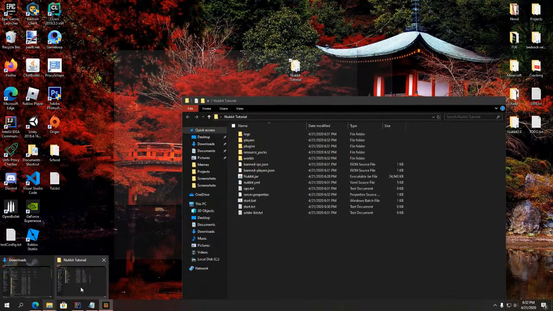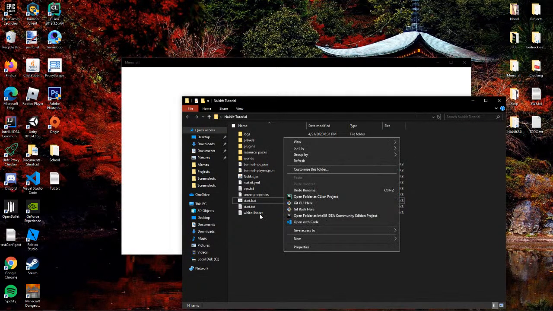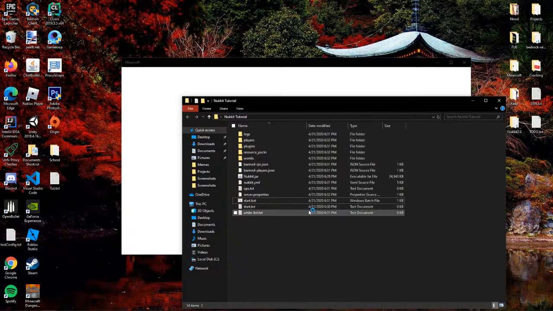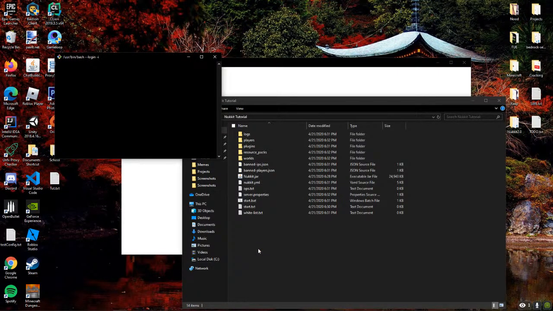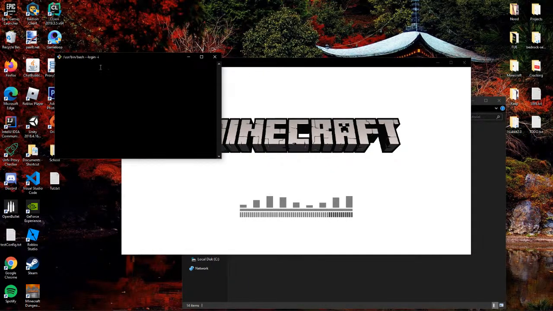But there's another way that I like to use more because I'm lazy than creating this start.bat. I just open up Git Bash right here in our directory. It takes kind of a second to load on my computer sometimes. Alright, now that it's loaded, I just type java -jar nukkit.jar,